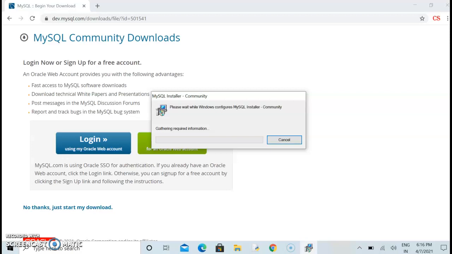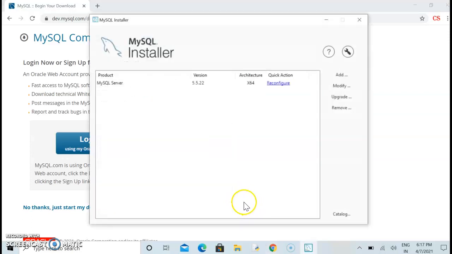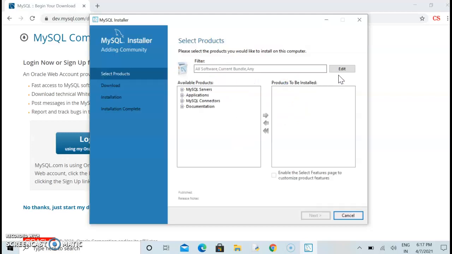Before installation, it will ask you to change the device configuration. If you have already installed antivirus in your system, then please turn off the firewall, otherwise it will not install in your system. Because it is already installed in my system, I can click on the add option to install the 8 version in my system.